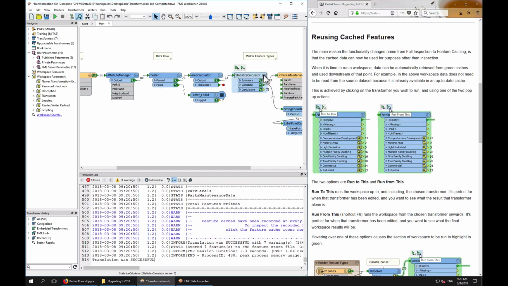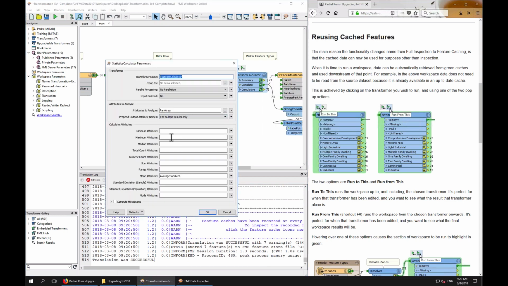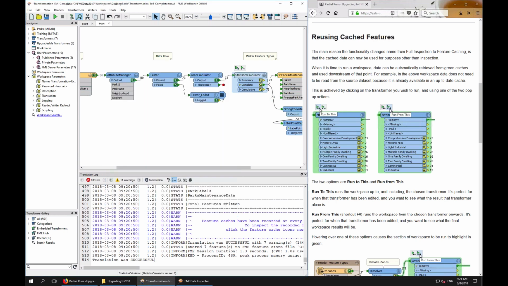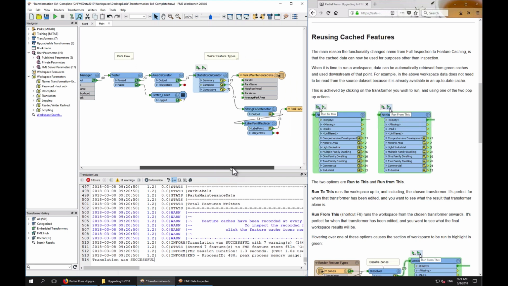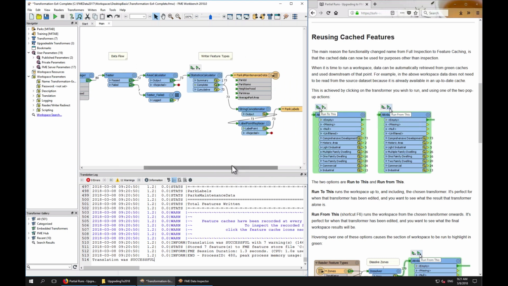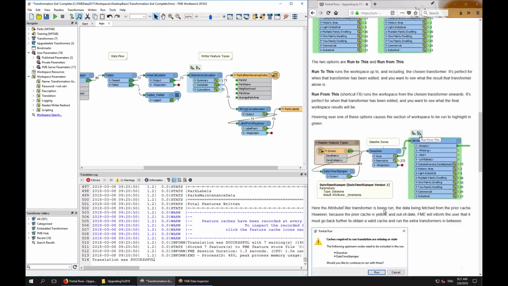Same thing here. I can say, oh, statistics calculator, I want to calculate the maximum park size as well. Click OK. Everything to the right of that changes to yellow because, again, it's not the same thing. And I can hit the run button and say run from this on the statistics calculator. And now everything up as far as the area calculator is still green, so it's not going to bother running that again. So you can imagine that's a huge time saver for running big